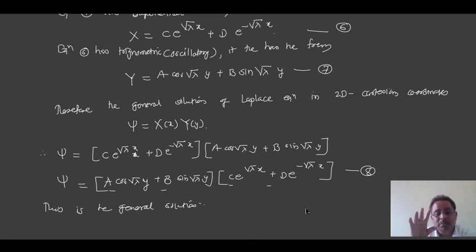Out of that, the most important is the Laplace equation in the spherical polar coordinate system. As I said earlier, when we solve this differential equation, the Laplace equation in the spherical polar coordinate system, that is r, theta, phi, we separate this partial differential equation into an r equation, a theta equation, and a phi equation, and therefore the general solution can also be calculated. In that process we come across two different types of constants, and these constants, as I said earlier, are going to be very important parameters.